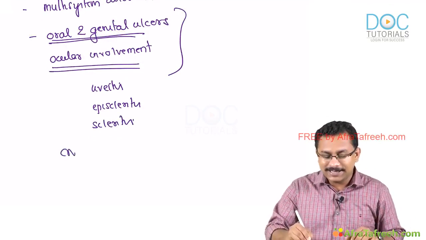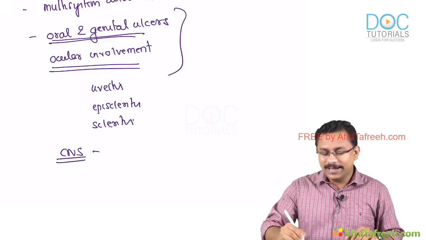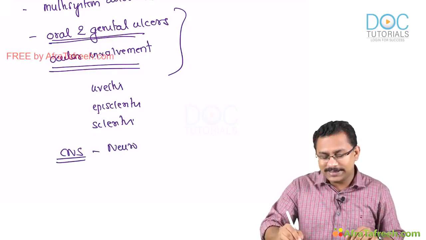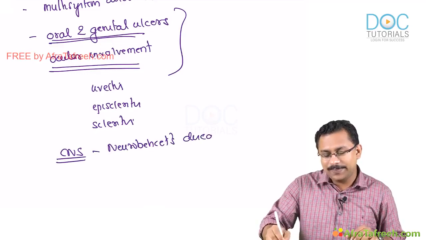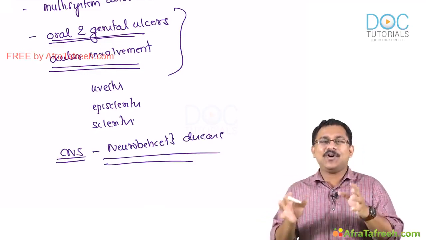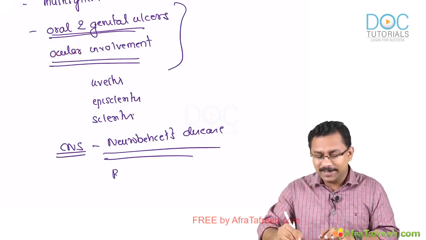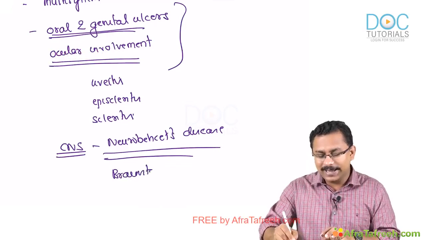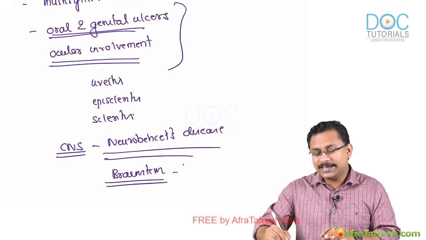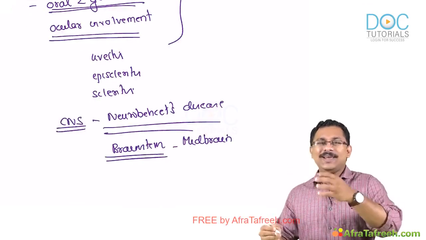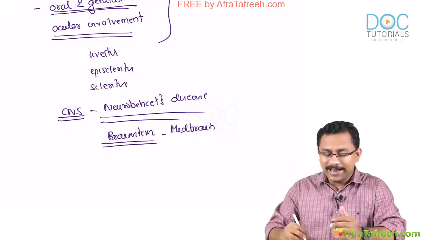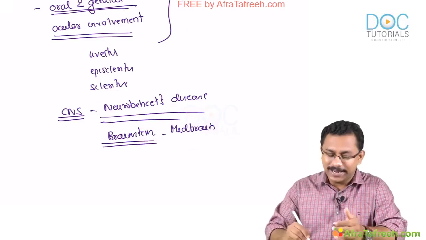They may have CNS involvement, which is called neuro-Behçet's disease. Here they can have involvement especially of the brainstem. Brainstem involvement can be there in neuro-Behçet's, especially the region of the midbrain. You can have a vasculitis affecting there, and then you can have a venous affection where you can have